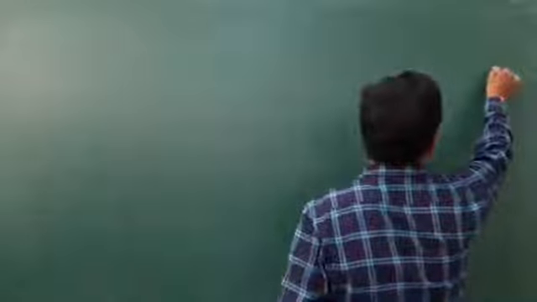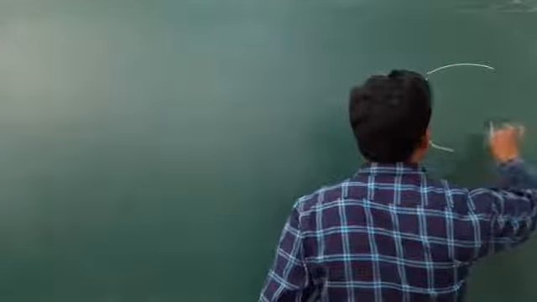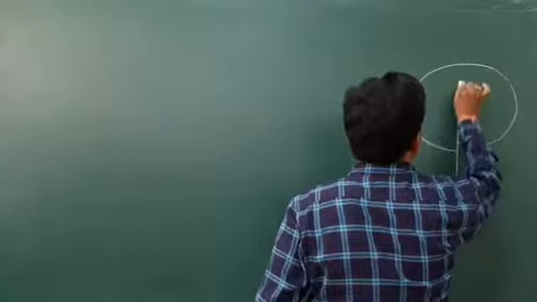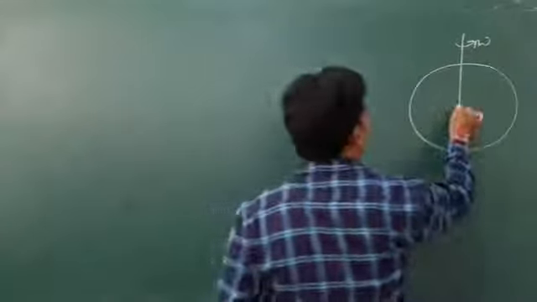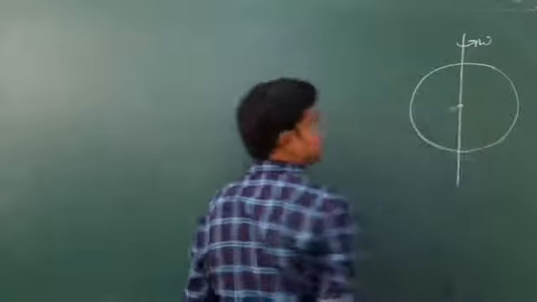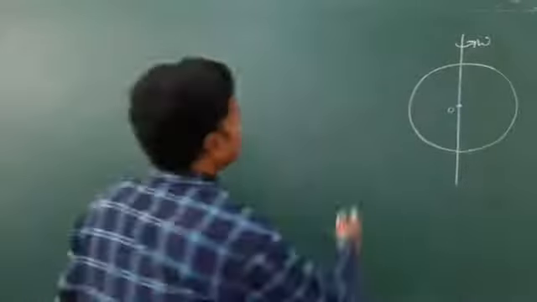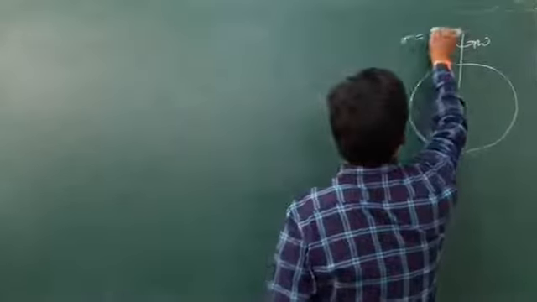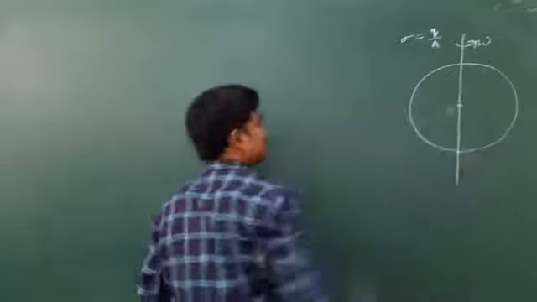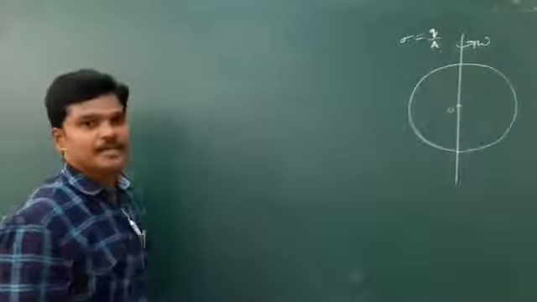So let me write this one is the hollow sphere, and this is rotated about its axis with an angular velocity omega. R is the radius, O is the center like that. Sigma is the surface charge density, nothing but Q by A. Now to find this type of problem, they are asking to find the magnetic field at this point, and later they are asking for the magnetic dipole moment.